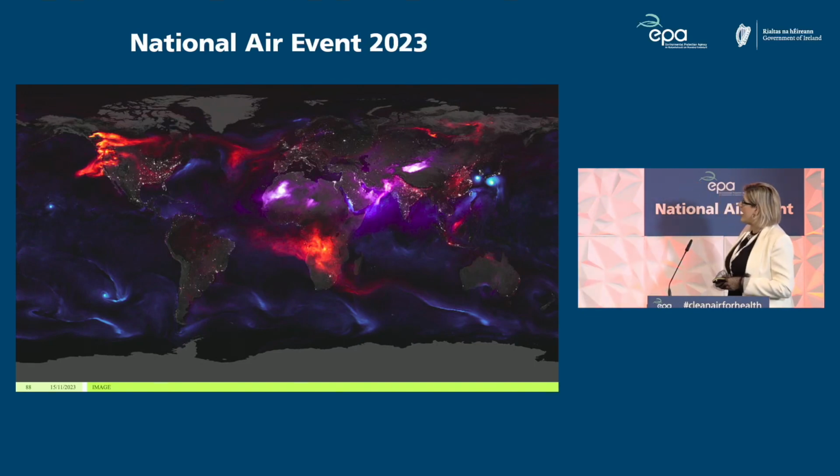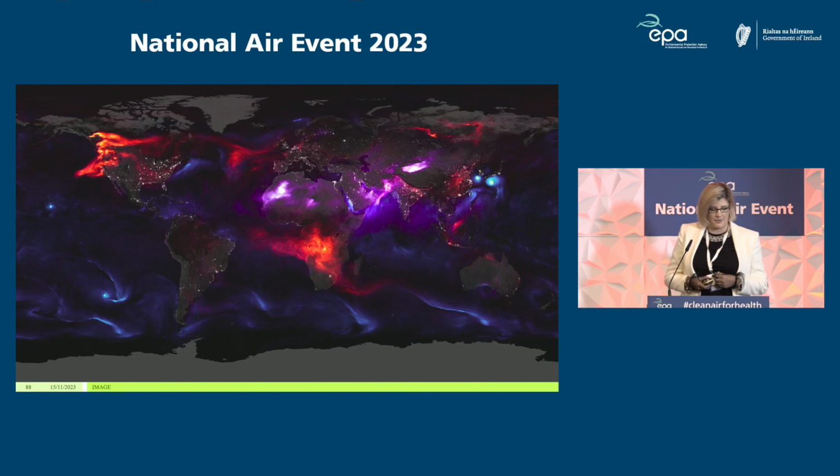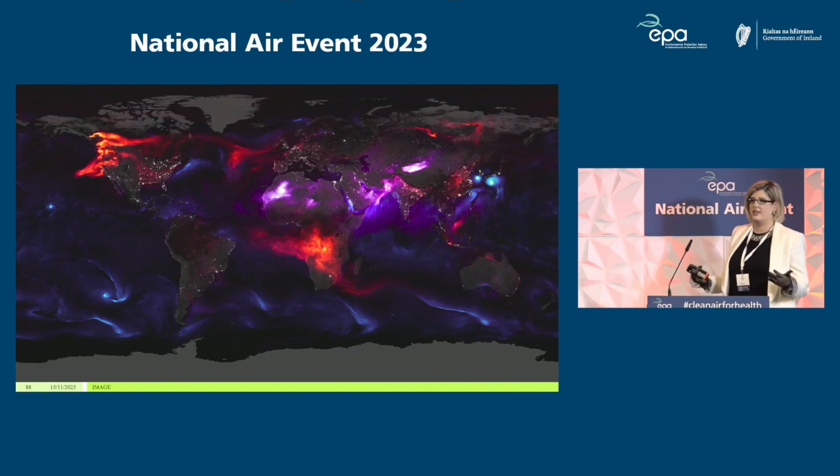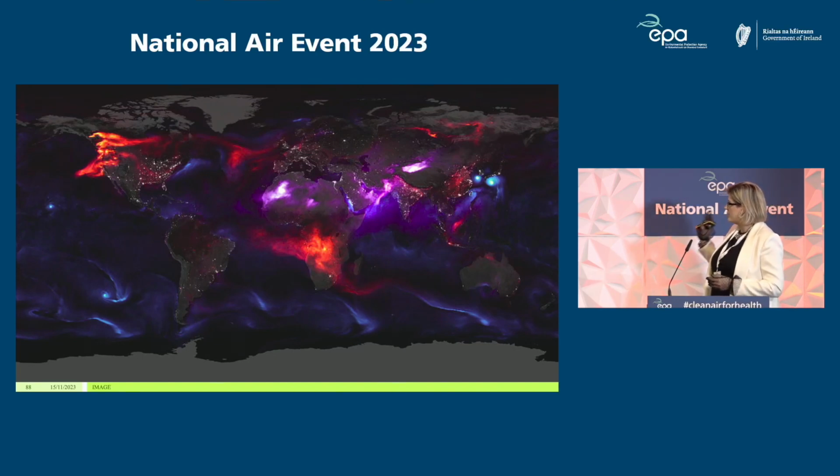So this is a world map that NASA has produced, and it's a way of visualizing what particulate matter looks like, what aerosols look like. So as we heard, this focuses on primary emissions. The blue indicates sea salt, the red indicates black carbon from wildfires, and the purple is dust. So you can see the Saharan dust traveling over Africa. You can see the wildfires from North America traveling actually over Ireland.